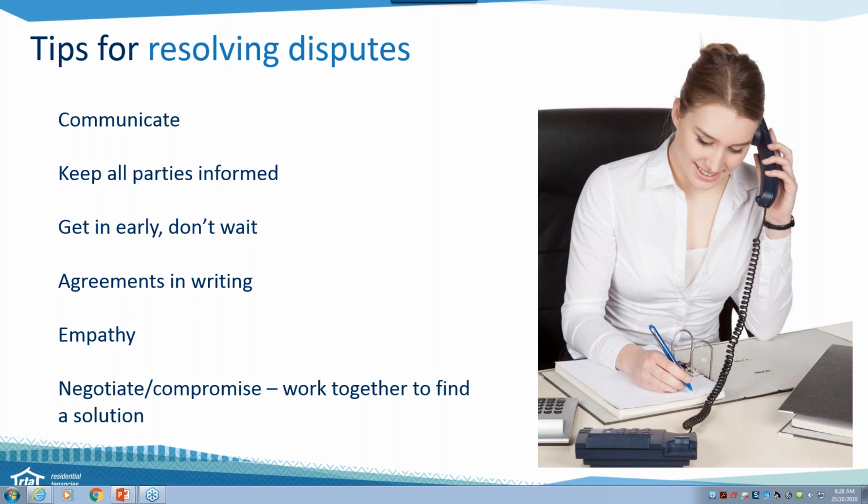Any negotiations, whether that may be a rent reduction while an appliance is being fixed or an amendment to an agreement or an agreement that something will be fixed by a certain time, again, really important to get that in writing. So empathy does go a long way in resolving disputes, and that's putting yourself in the other person's shoes. Showing genuine empathy and acknowledging feelings can definitely help resolve a dispute and calm someone down when they might be quite angry or upset. Negotiation and compromise, working together, trying to find that solution. Remember, for agents claiming on the bond, only ever claim what you're entitled to be claiming. Don't claim the whole bond amount if you're not entitled to receive that. And keep in mind too, if you are going through dispute resolution, make sure that you have released the undisputed amount to the tenant beforehand.